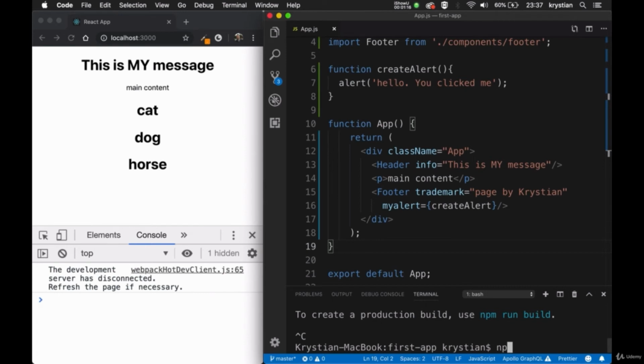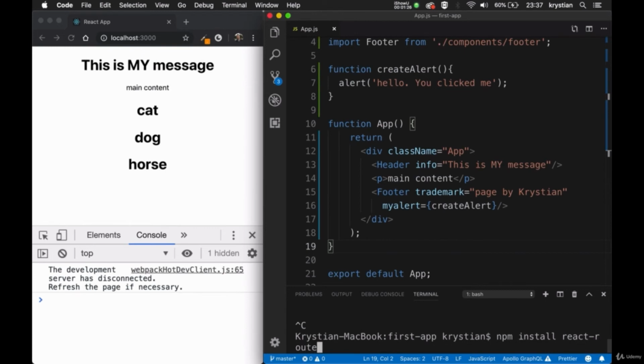So npm install, or you can use the shortcut i, npm install, and then react-router-dom, like that. So npm space install space react dash router dash DOM, and in here